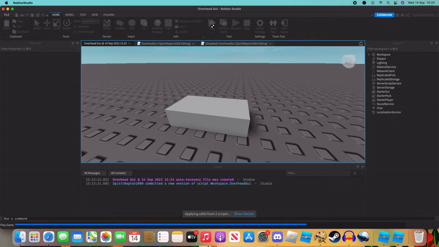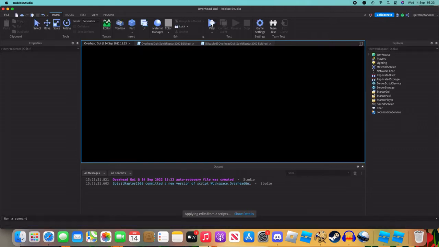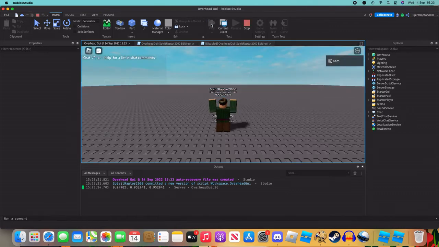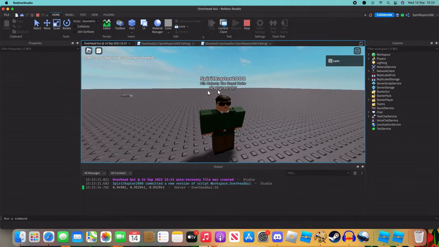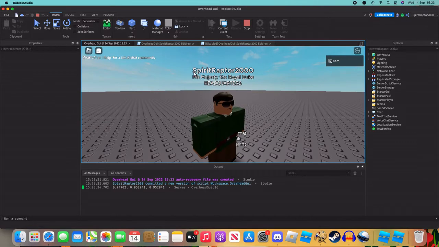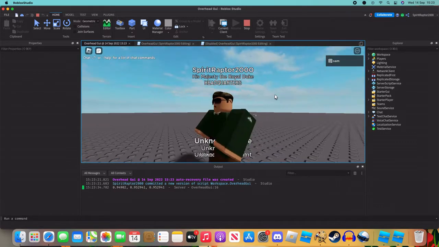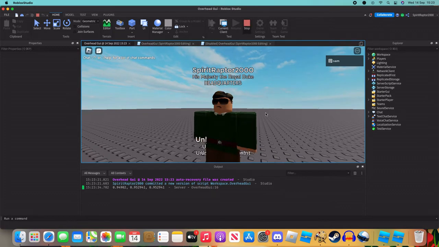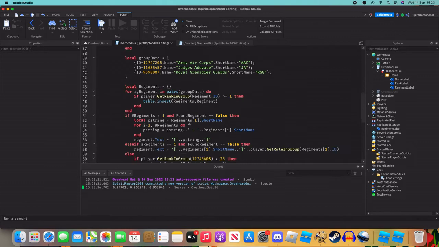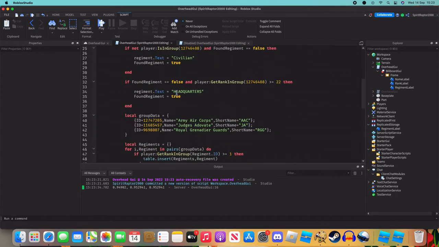For me, because I'm in a high rank, it'll say headquarters, so I'll just turn that off in a minute, and I'll show you what it looks like when the person isn't in the headquarters team. See? There we go, we have my name, and then my rank in the group, and then headquarters, which is my division. So we'll stop that quickly, and we'll go down to here, and we'll just say,